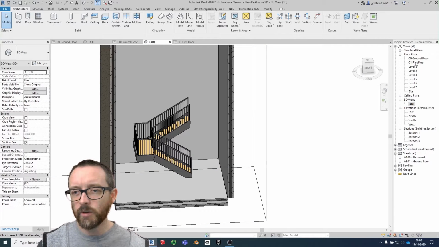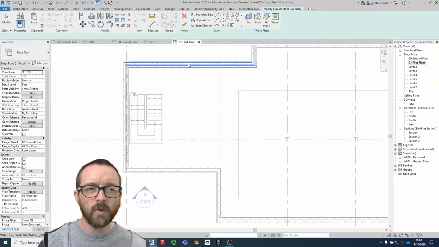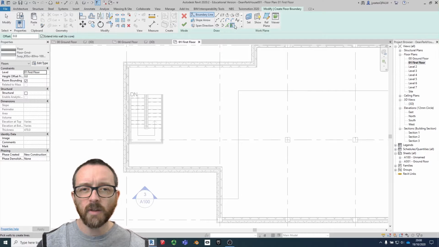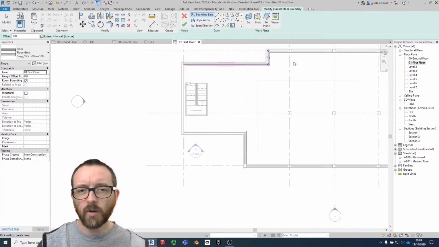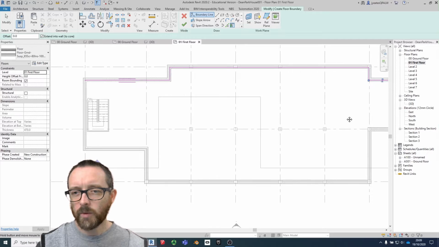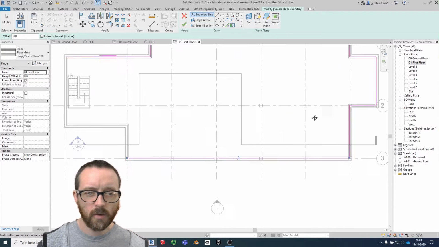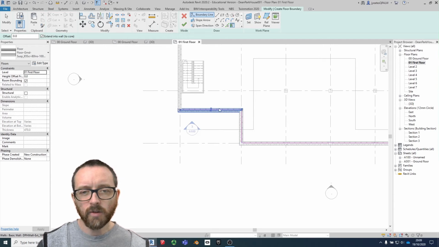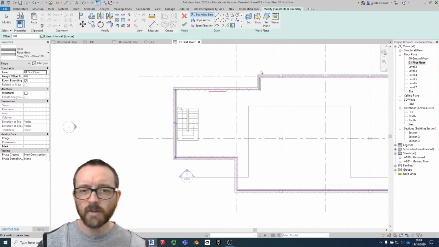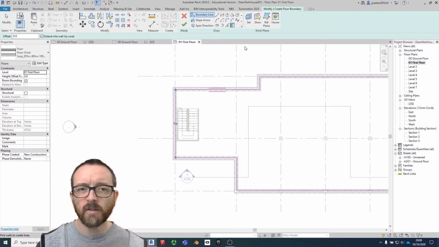So I'm going to go to my first floor and I'm going to draw a simple floor. So we've got the floor tool. I'm using the wall select under the draw panel, and I'm going to click on the walls and create a floor all the way around. Using the wall select ensures that the floor is going to be drawn so that it extends into the wall core, which is really good. So let's press the tick,